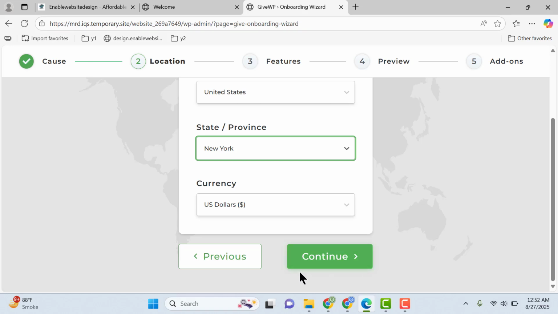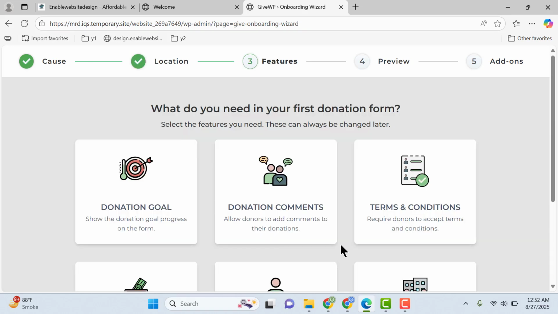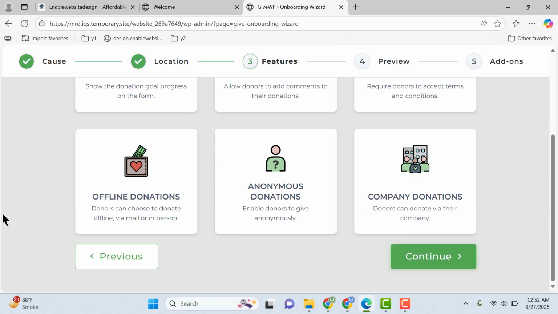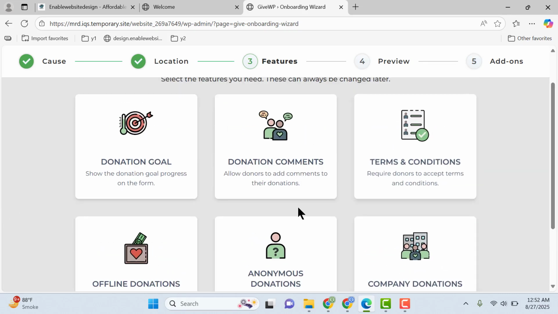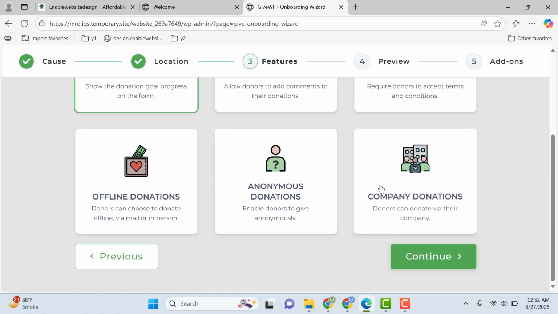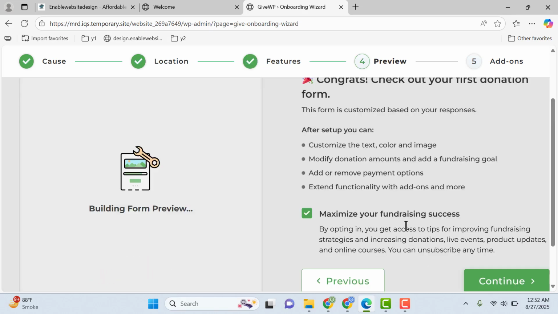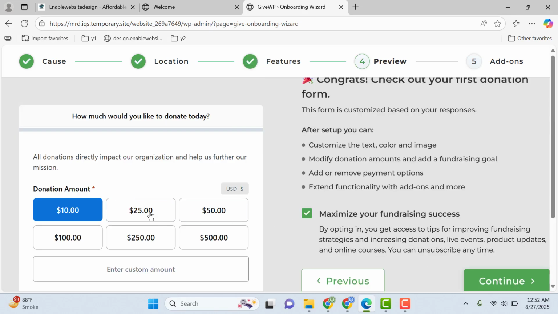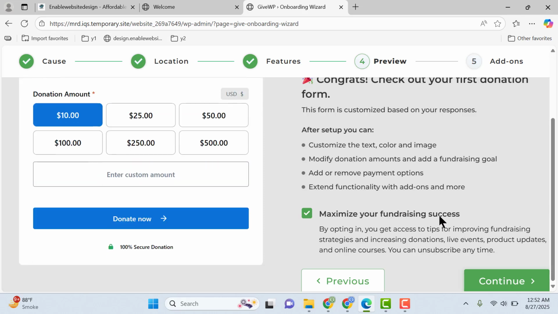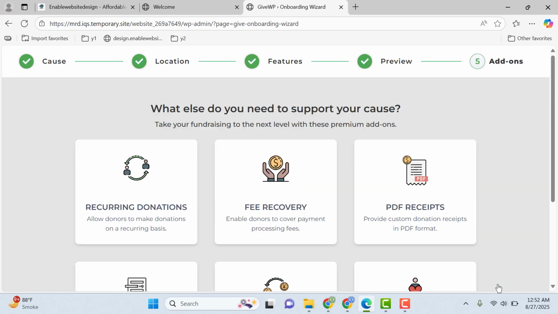Okay, then click here continue button, and now here you can see these are 6 options, so you can select one of these. So I think this one is the best donation goal. Okay, scroll down and click here continue button. Okay, now you will get this type of form. Now scroll down and again click here continue button,